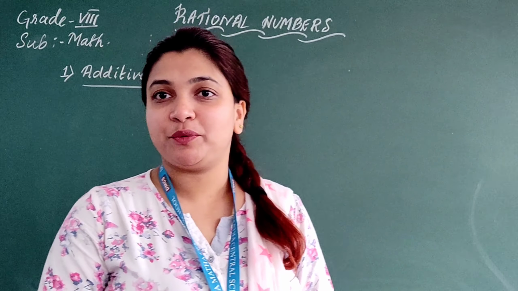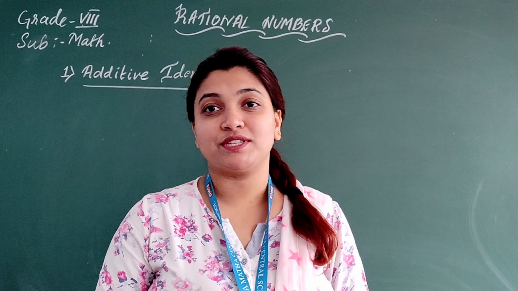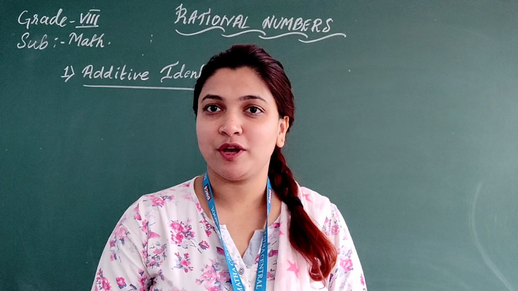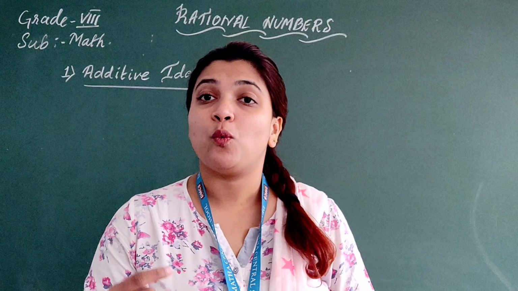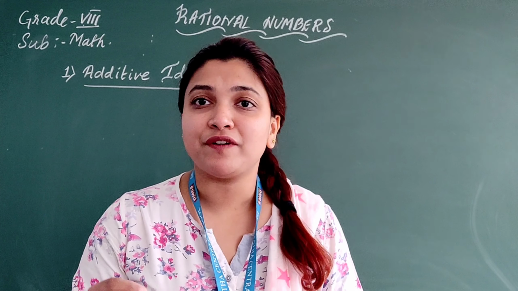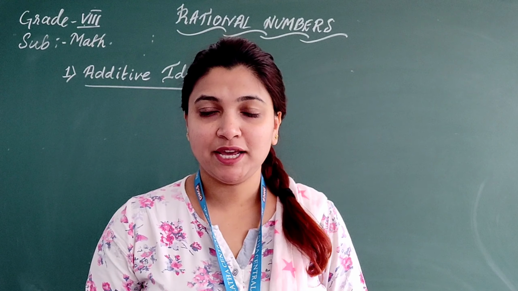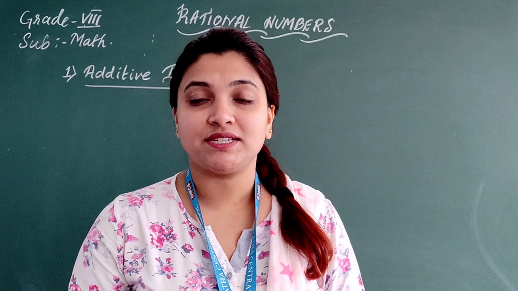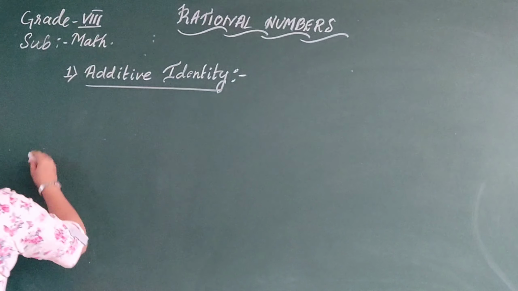As we have studied in the previous classes about all the properties, that is closure property, commutative property, associative property, and distributive property. In this class, we will be completely studying what we mean by additive identity, additive inverse, multiplicative identity, multiplicative inverse. Let us see one by one. First thing,